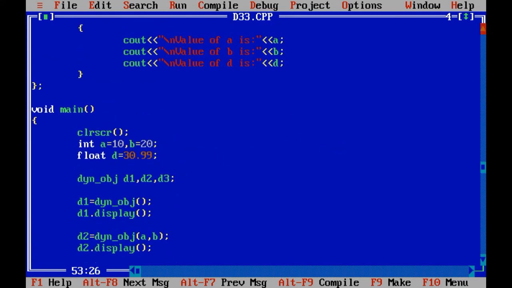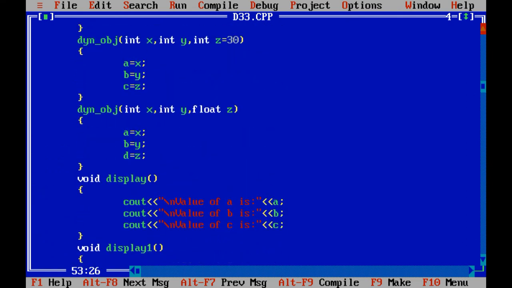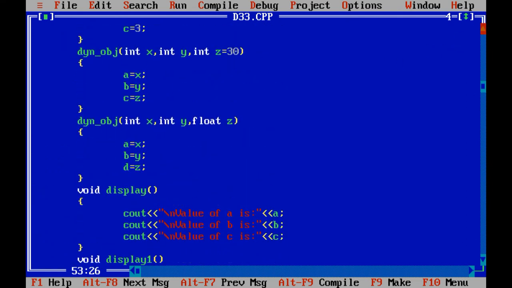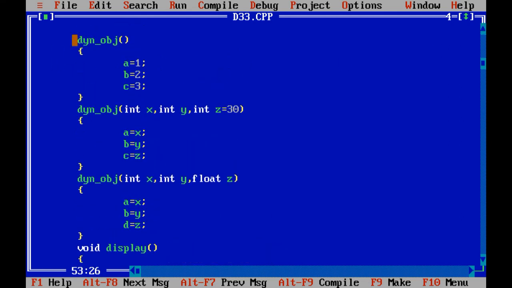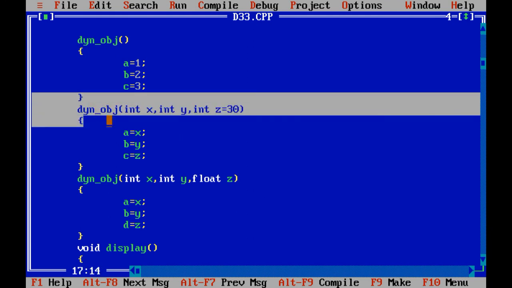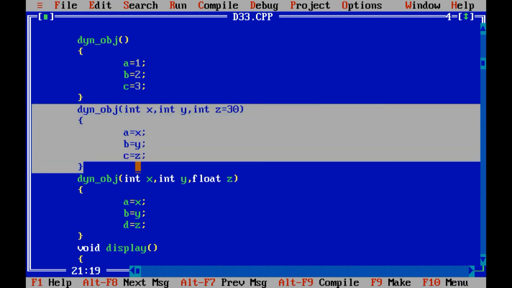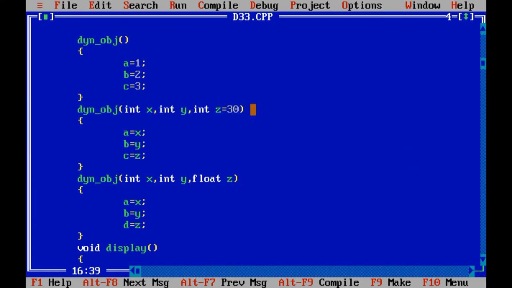Let us see. No, we have not developed any constructor with two arguments, but yes, definitely over here we have developed one constructor having three arguments, but one argument we have declared as a default argument.